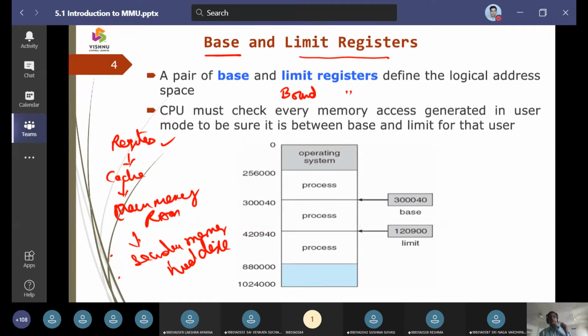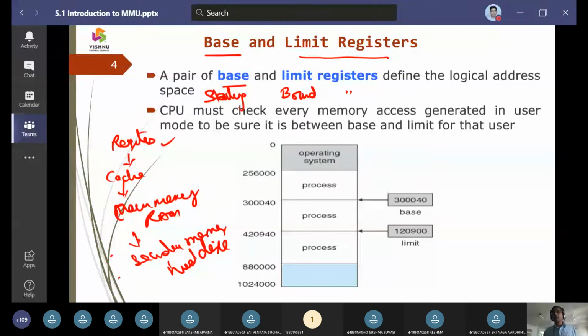Bounding means the maximum size of the program. The base register holds the starting location of a program.